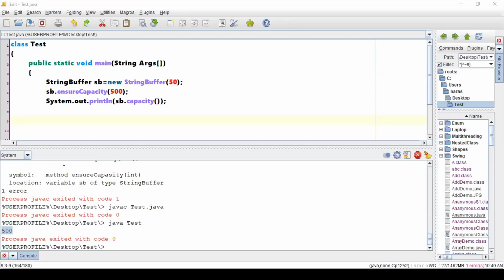Hope the ensureCapacity method is clear. Right? So by using ensureCapacity, the performance of a program will be better. It is not recommended to use it every time because the system can create space for it automatically. But there is a method for the sake of performance utilization.